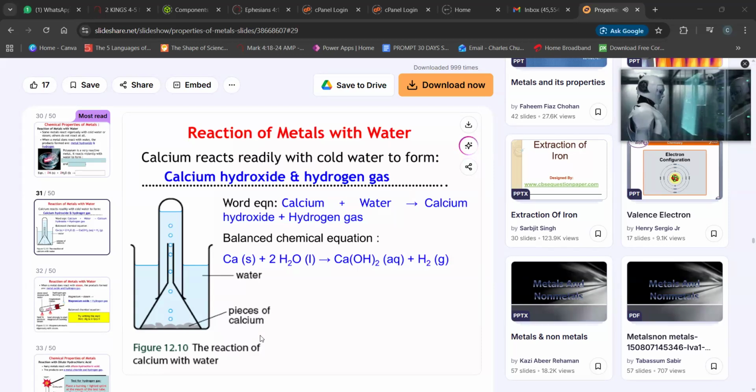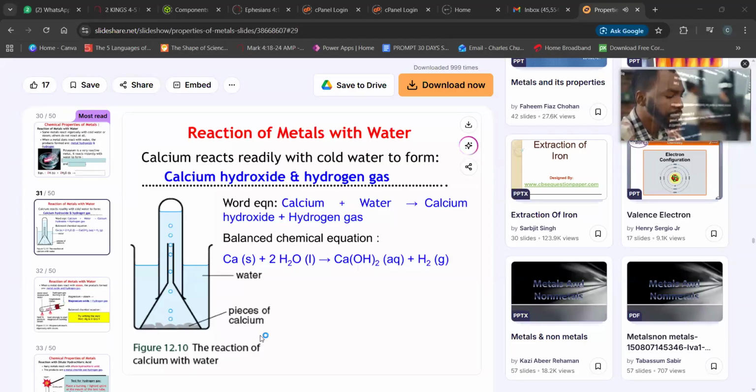Now, also take note of the fact that you have the word aqueous, AQ, in brackets. Aqueous just simply means it's in a liquid form, it's soluble in water. So, of course, don't forget your hydrogen is sitting there. And please take note, hydrogen never sits as one atom alone. It always forms a molecule with a second atom. So that's why you always have H2. And guess what? It's a gas. It's not a liquid, it's a gas. So that's why you have the G there. Okay, so let's move on.